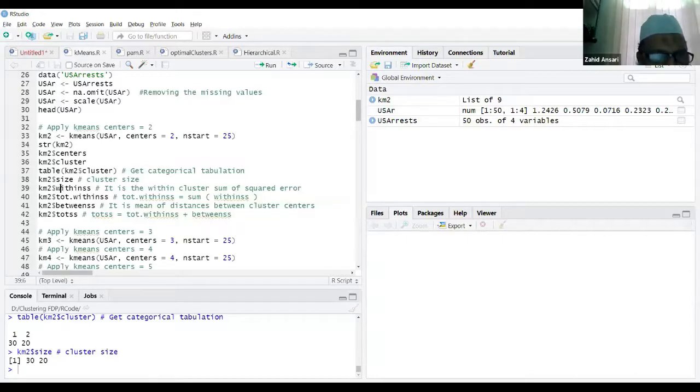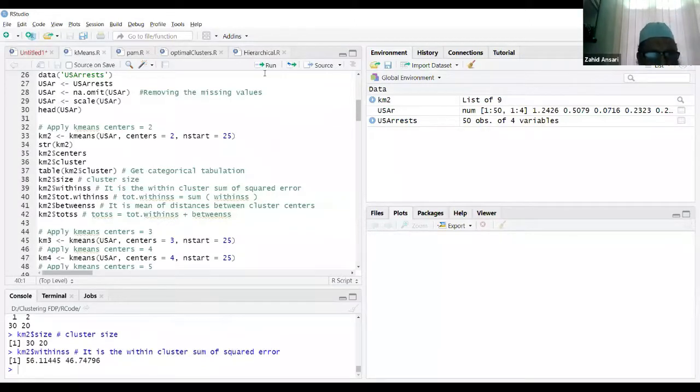Let me run km2$withinss. It is giving me, for cluster 1, a within cluster sum of squared error of 56 point something, and for cluster 2, a within cluster sum of squared error of 46.74.